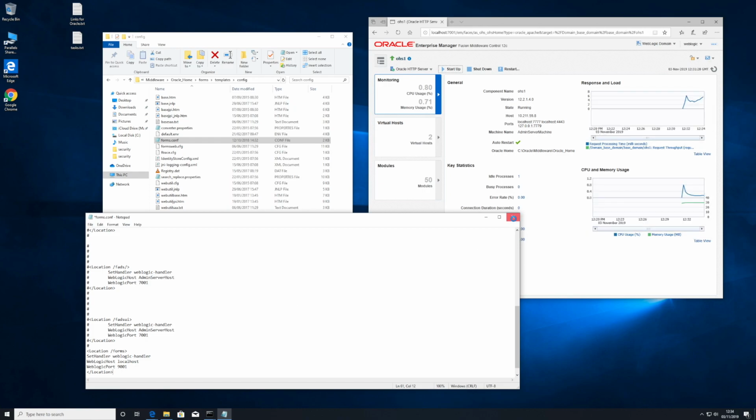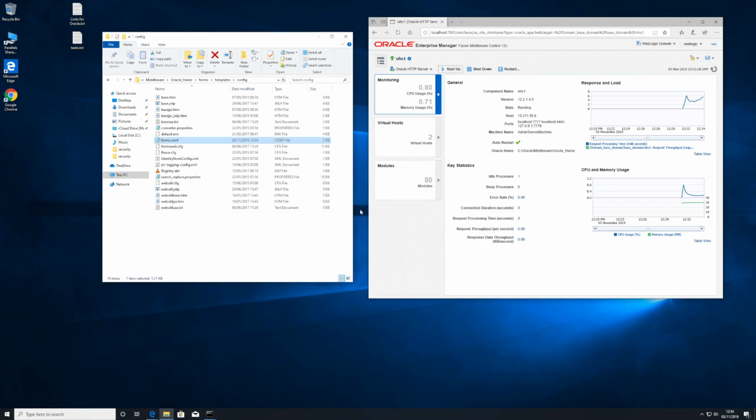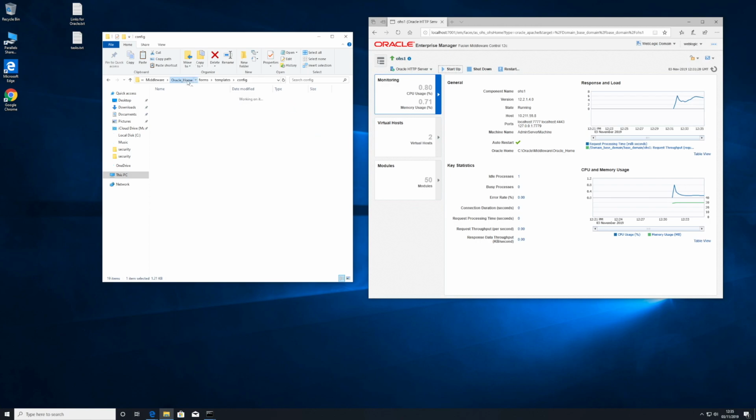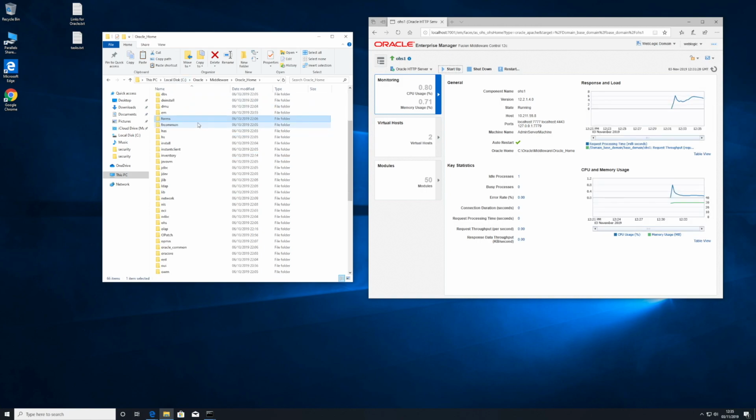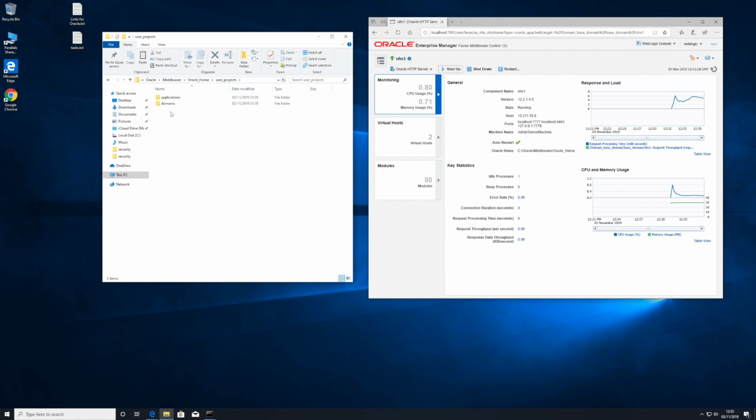Now save the forms.conf file. Copy the file, forms.conf. Navigate to Oracle Middleware, Oracle Home. Navigate to User Projects, Domains, Base Domain,